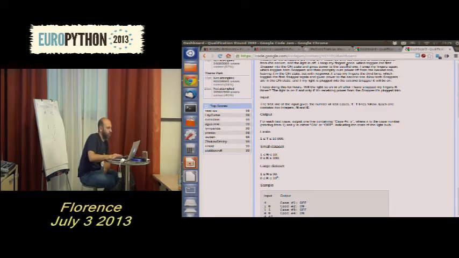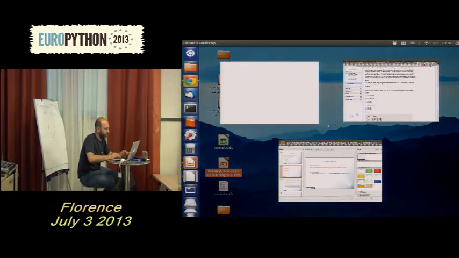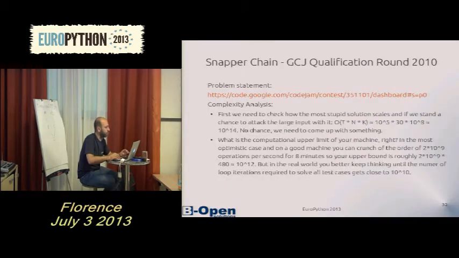times for the large input. Obviously, the small input is trivial. You can do it however you want because k is just 100. But this one, it's 10 to the 8. So for the first time, we actually should care about whether this stuff is doable or not.